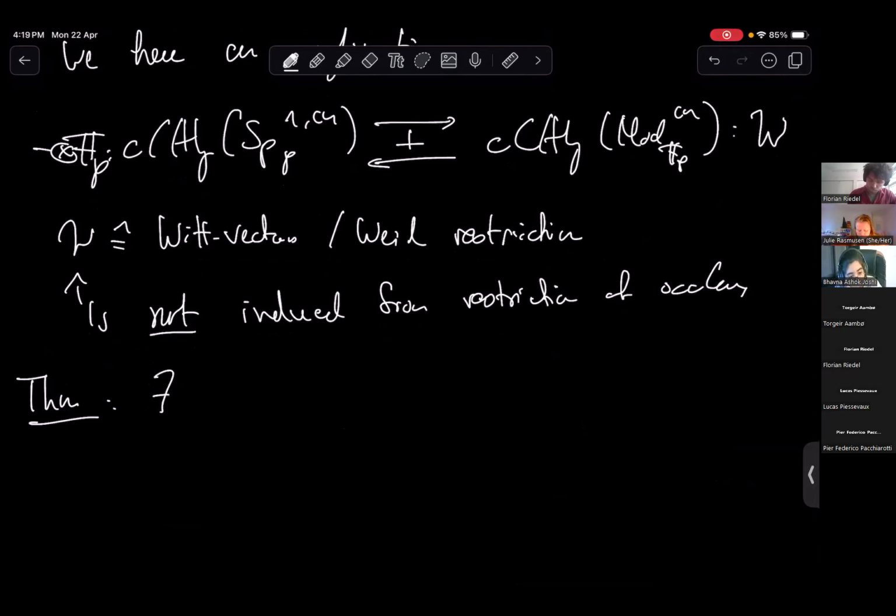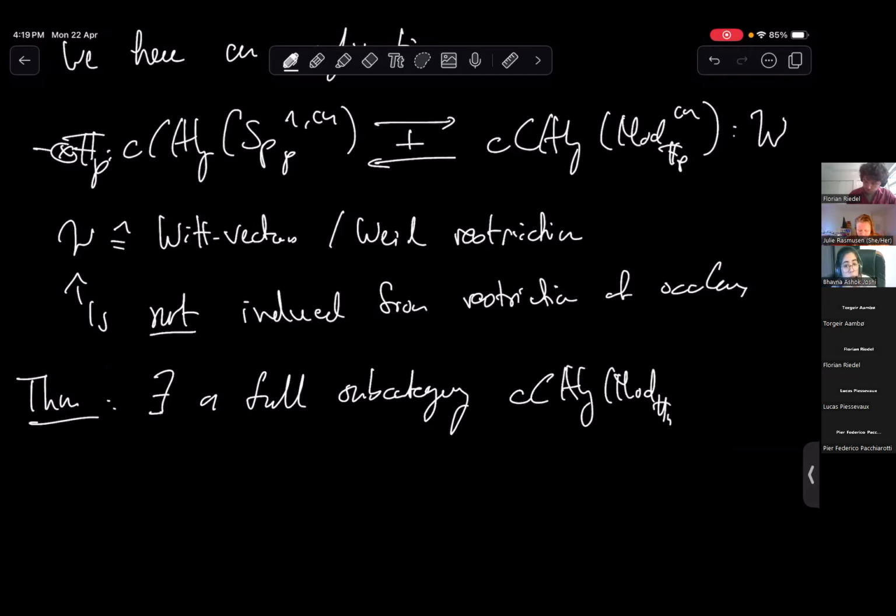So there exists a full subcategory, which I call formally etale coalgebras, formally etale lying in all connective coalgebras,